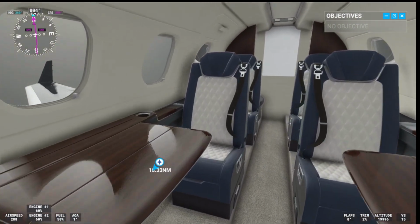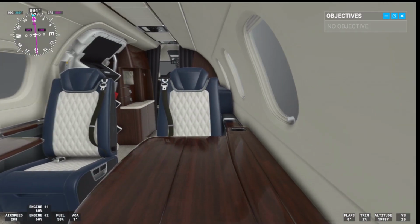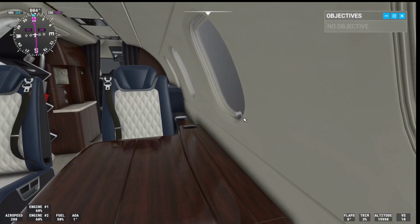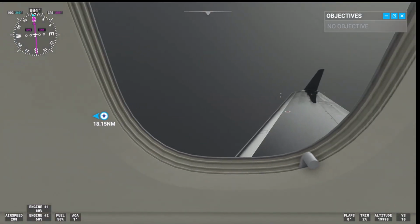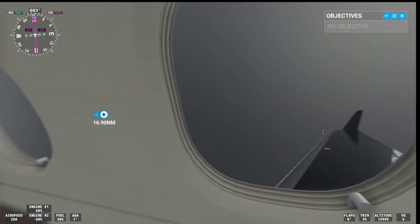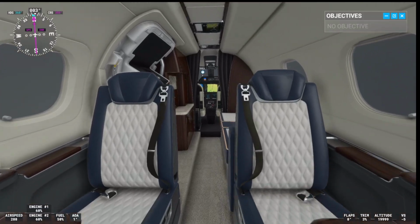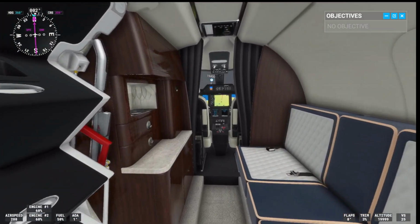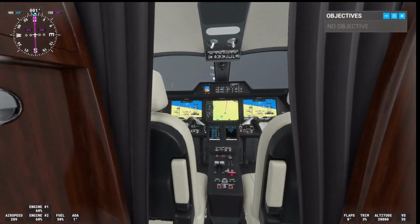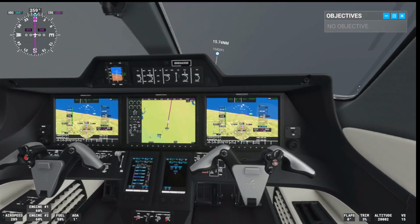I'm sure you could nitpick it and find certain things wrong, but what couldn't you do that with? I truly enjoy the airplane. If you don't want it, it is what it is, but it is kind of spendy, I guess. If you're really into it and you really care about that realism factor, then I would say that's up to you. But for just somebody like me who just enjoys jumping in and flying a sick airplane,